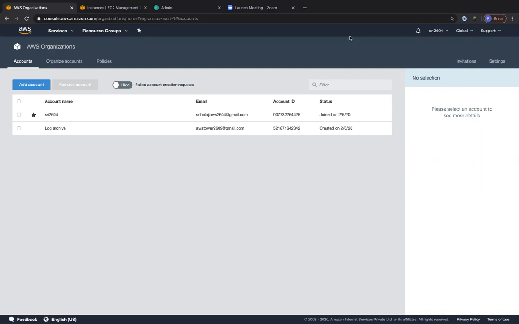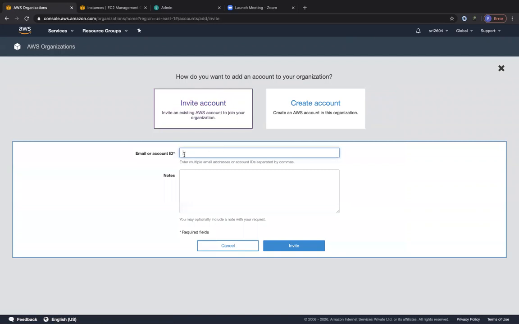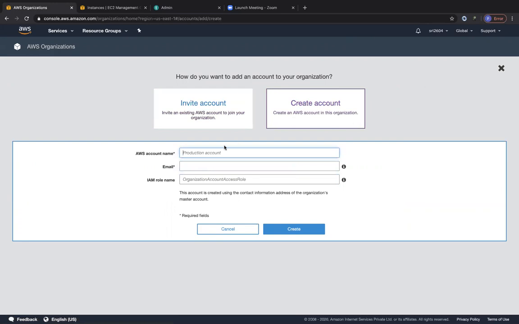When you land on the AWS Organizations dashboard, you first have to initialize your organization, and it takes up to 40 minutes to an hour. You have to go to your mail and verify the email sent by the AWS team, and then your organization will be initialized. Once it is initialized, you can add new accounts by inviting an existing AWS account to your organization, or you can create a new AWS account by specifying the account name, the email ID, and the IAM role, and also add it to this organization.